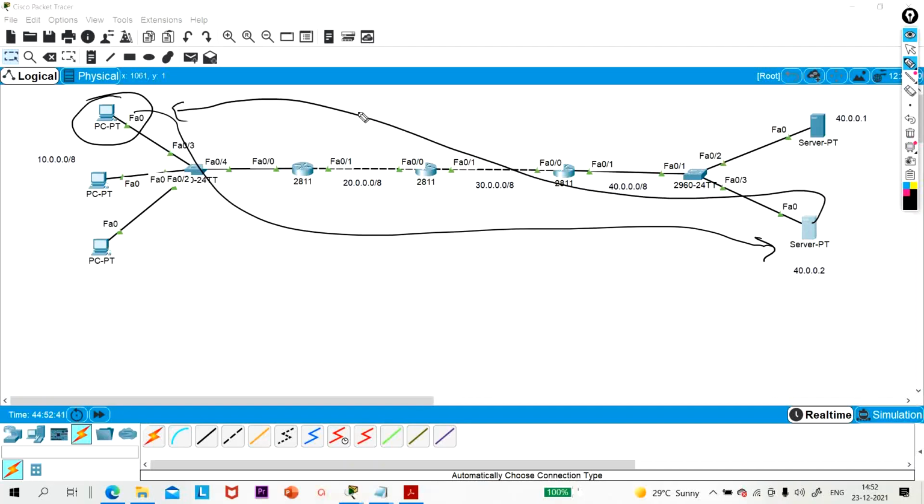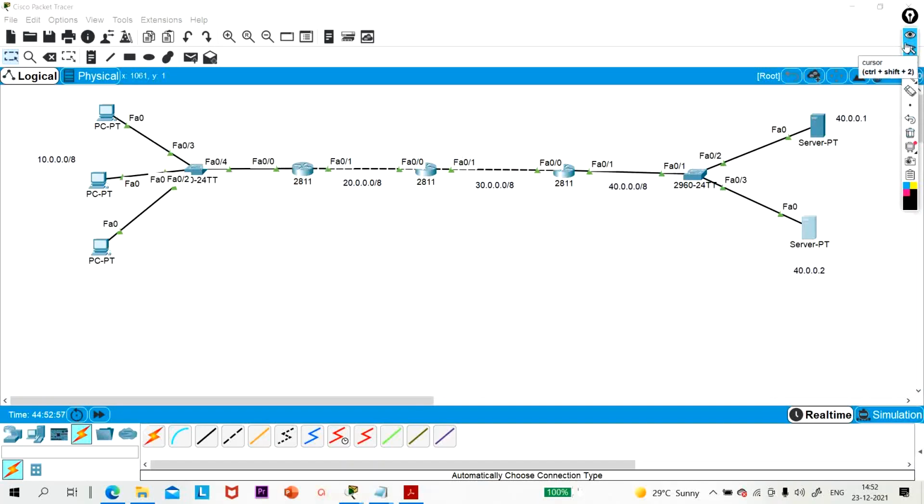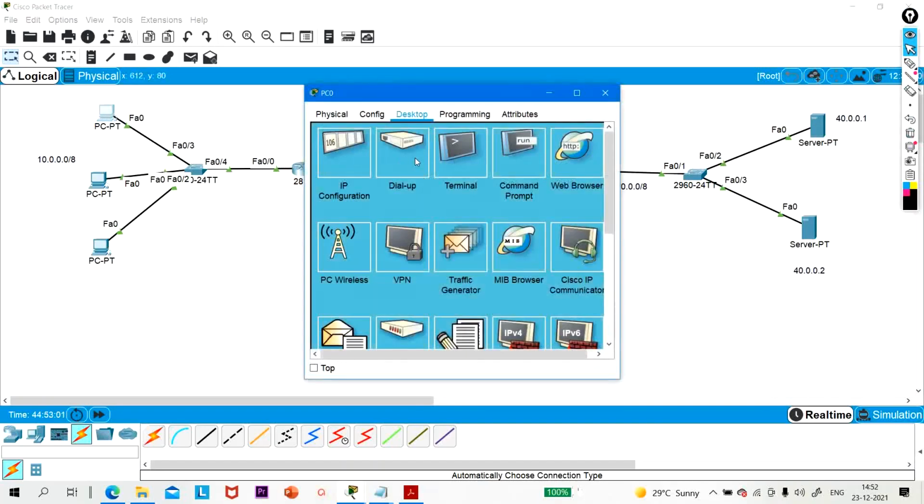So that www.google.com IP address is 40.0.0.1, and then this PC will send an HTTP request to the HTTP server, right?